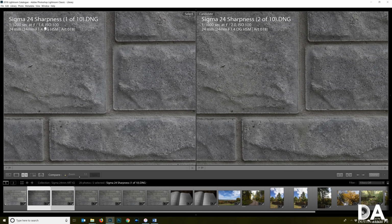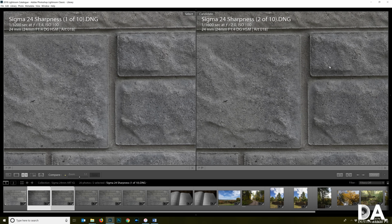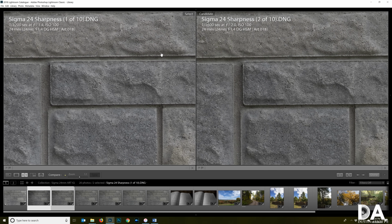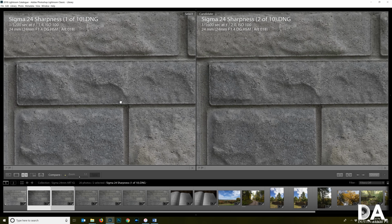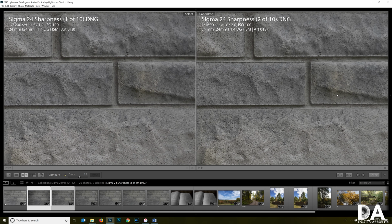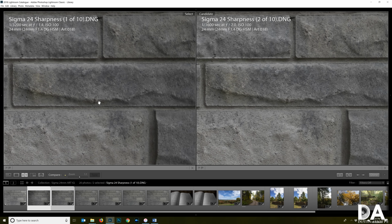So if we put f1.4 on the left and now f2 on the right, you can see a pretty marked uptick in resolution and, more importantly, contrast in the center of the frame. And so this area here where we saw some of the textures got a little bit softer, we can see that contrast looks better. Now, if we start to move out towards the side, we do see that deterioration of image quality starts to occur, but what we see is that it's starting to occur further out. And so, for example, this area here looks much better than here,